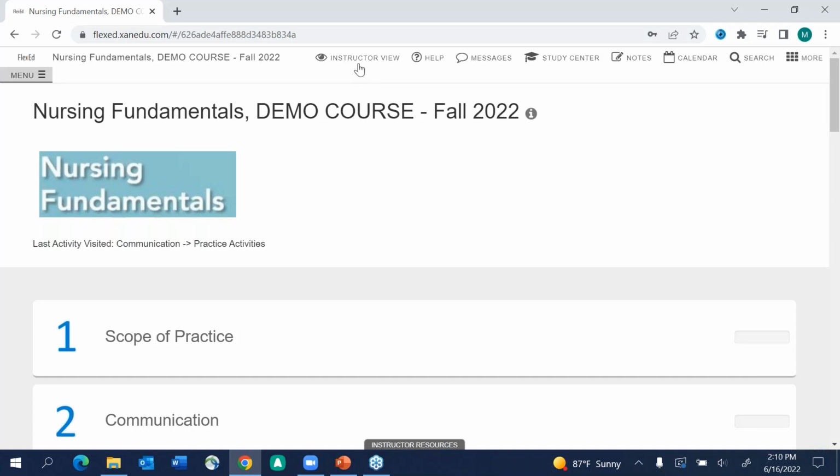And then you'll notice right up above that there is an instructor view icon here. So that's a reminder to you that you're in the instructor view and you're going to see some things in your view that students would not see in their view. If you did ever want to toggle over to the student view,